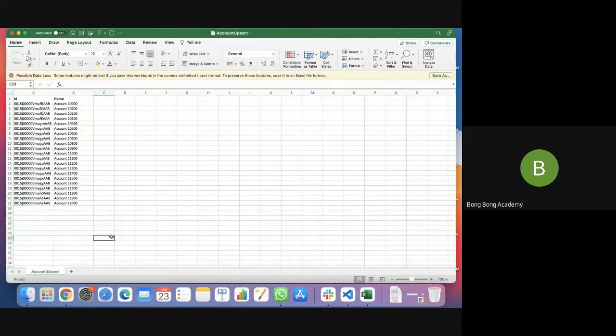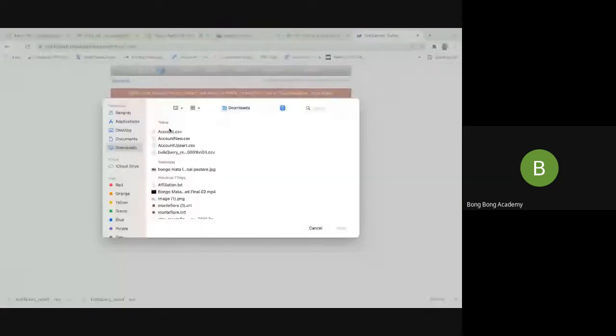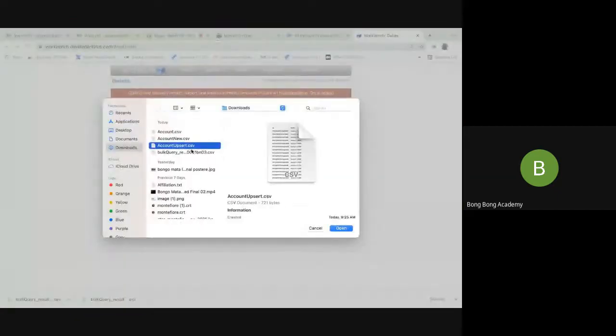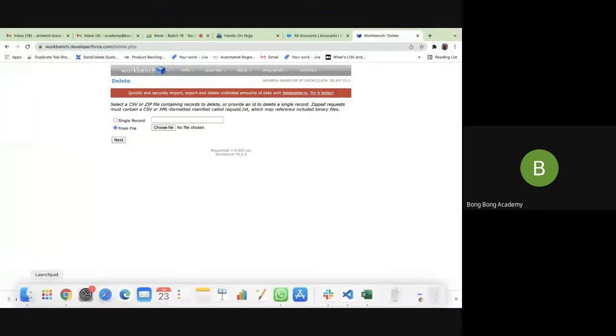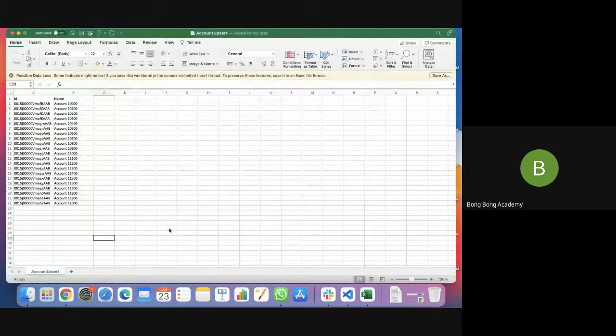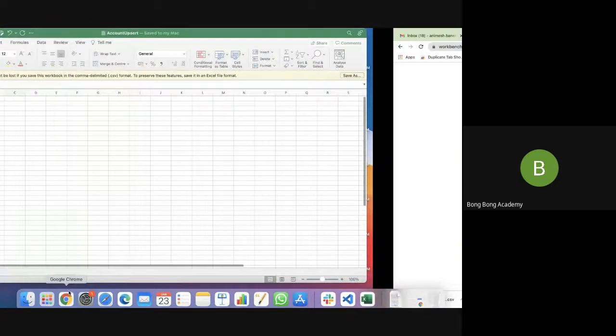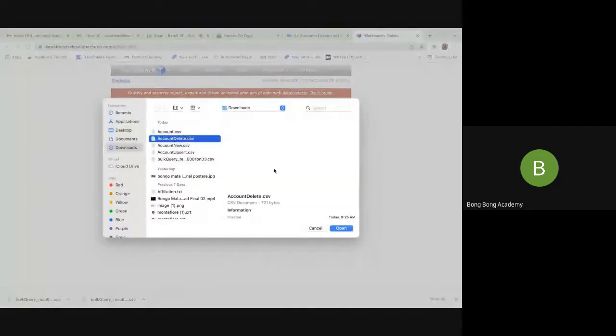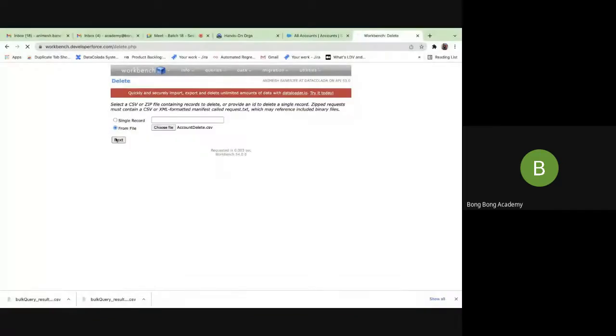And you can do a new download of files, so you will get the IDs of that. But let's not. So from 10,000 to 12,000, I want to delete these accounts. Okay, I will go to this one. Maybe I will rename this to delete this time, just to avoid any confusion. Okay, I'm renaming the file. So this time I'm using the same file for the delete operation. Next,